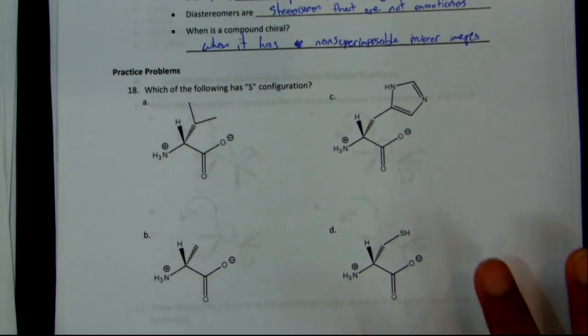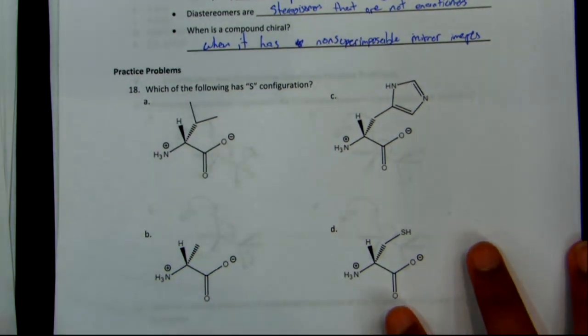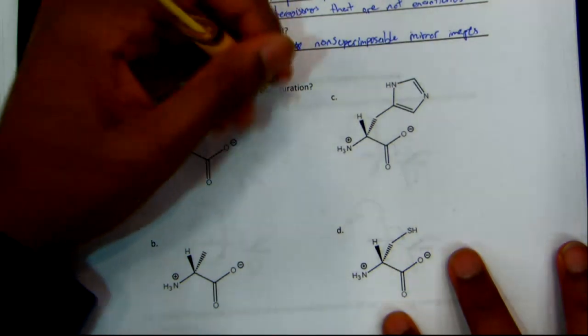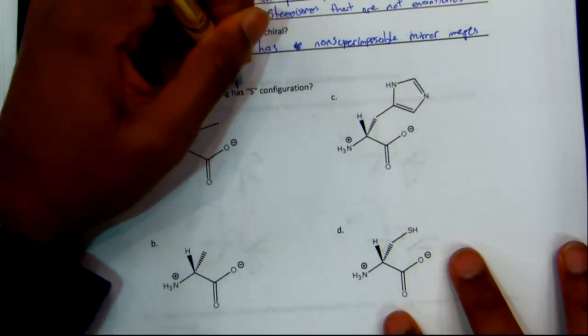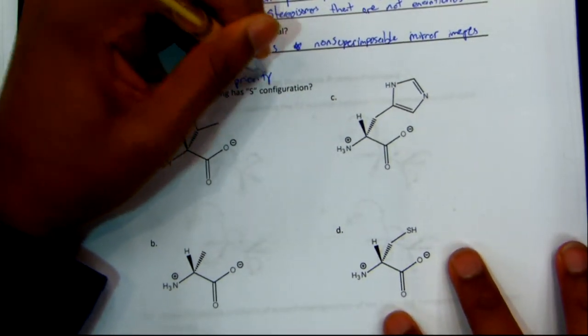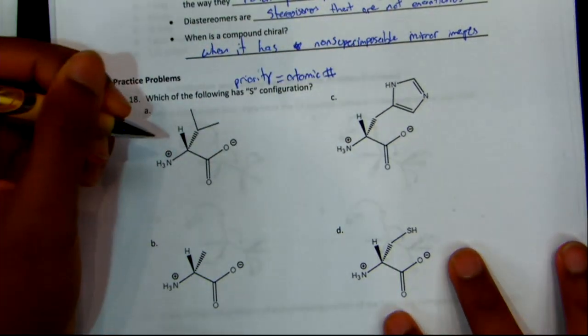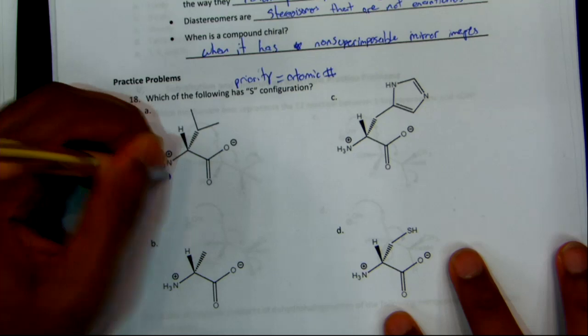priority. Priority is based on atomic number, okay? I think in SI I said molecular weight. I guess they're the same. They're not the same. So priority equals atomic number. Is that cool? So in this case, we'd have 1,